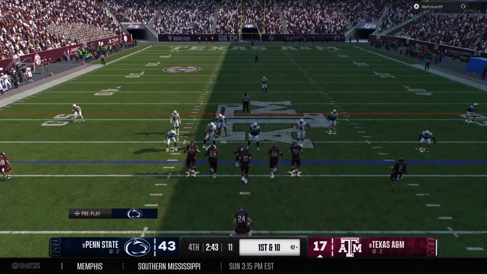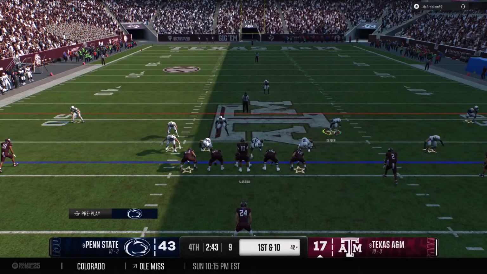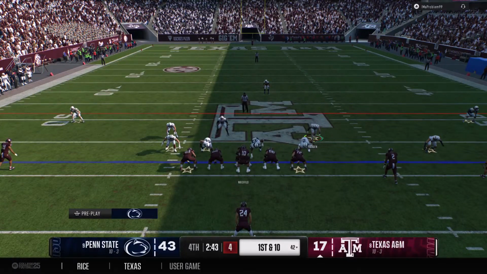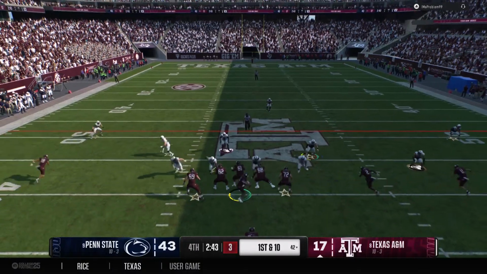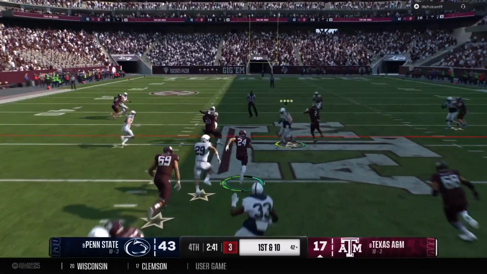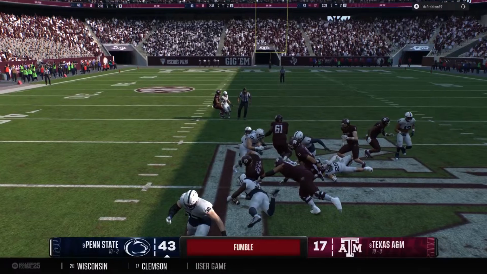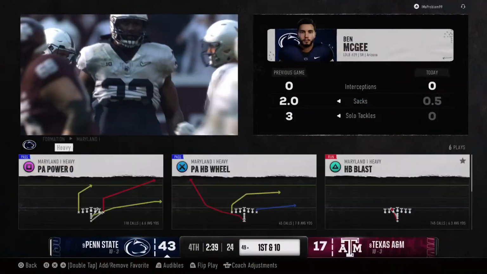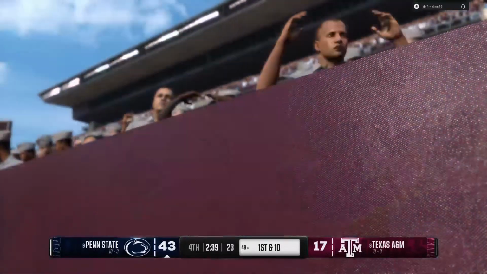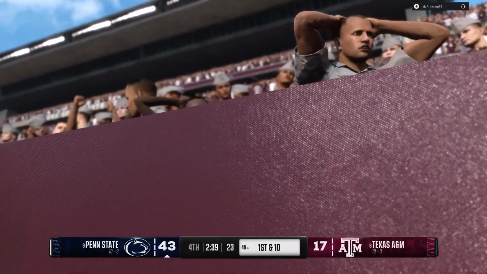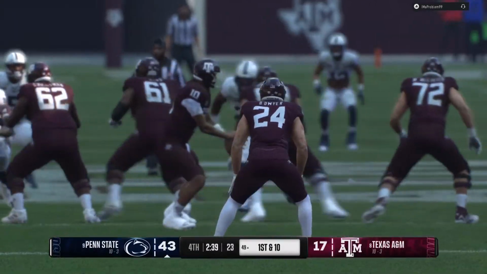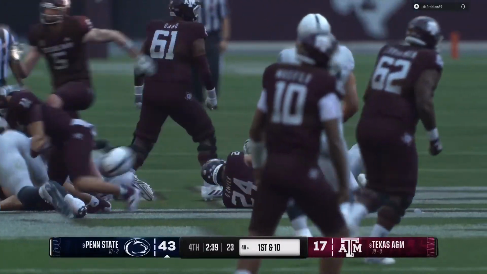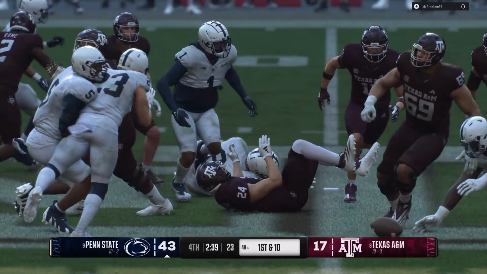Here comes the Texas A&M offense back on the field. Now we're going to draw play. Football comes out. Defense falls on the ball. Crucial takeaway. Man, when you get into this big a game on this kind of stage in the second half and you're trailing, you just cannot afford to put the ball on the ground. The defense is attacking, trying to get the ball out. They do. Ball's on the ground, and this could be the end of the game.